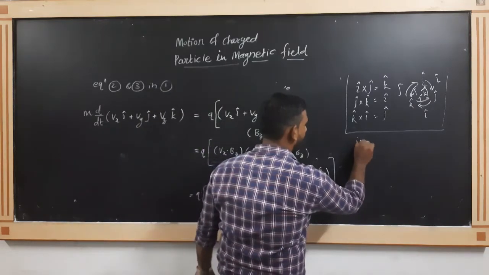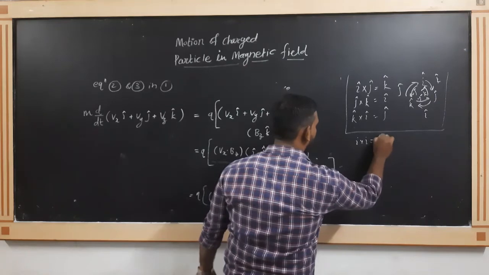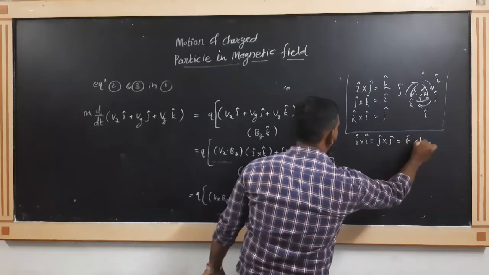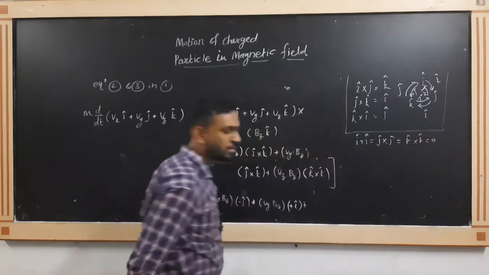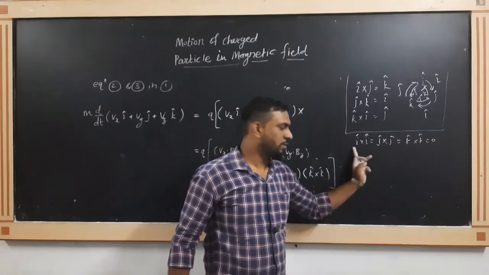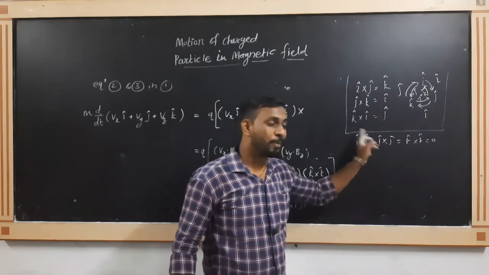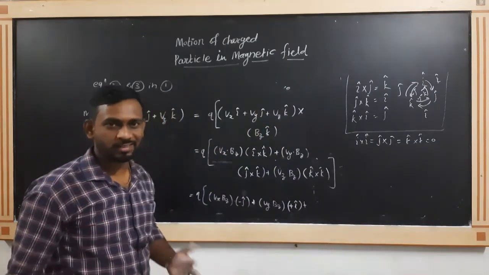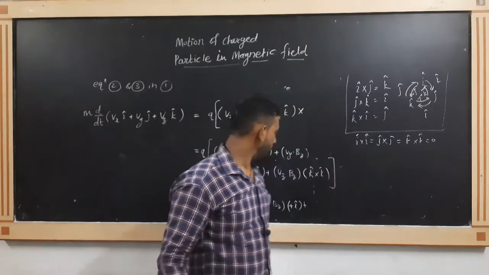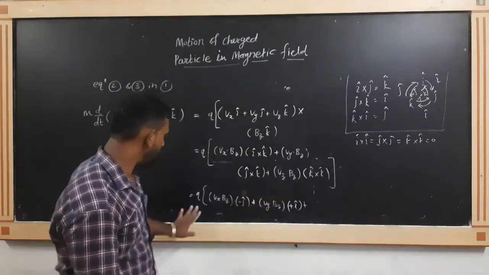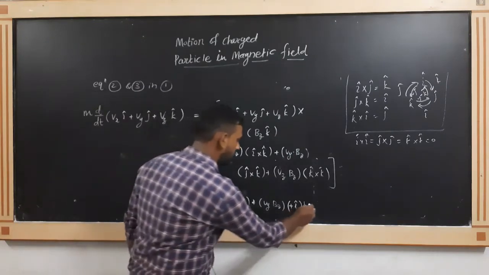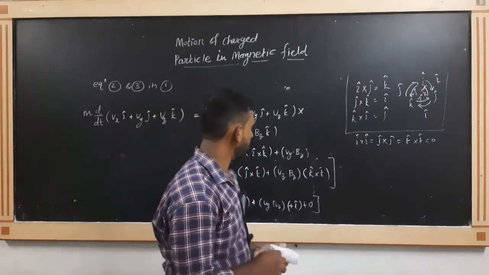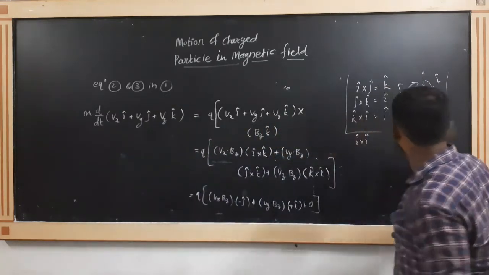I cross I, j cross j, and k cross k are all equal to 0. And why is it 0? Because it is the magnitudes into the sine of the angle between the two vectors. The angle between a vector and itself is 0, and sine 0 is 0. So that's why this comes out to be 0. The last term goes away, so the remaining terms are as they are, plus 0. Okay, so this is all about the transformation of this vector.